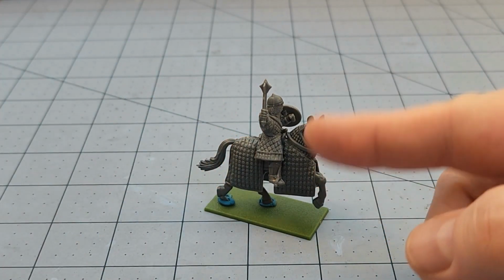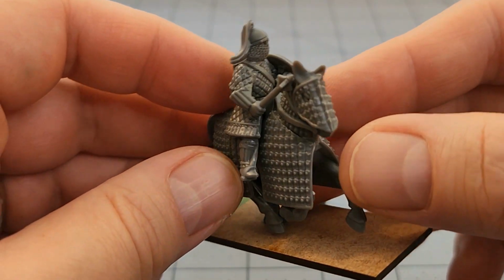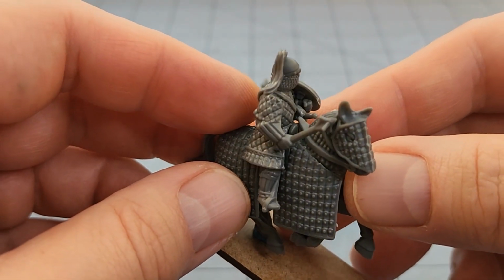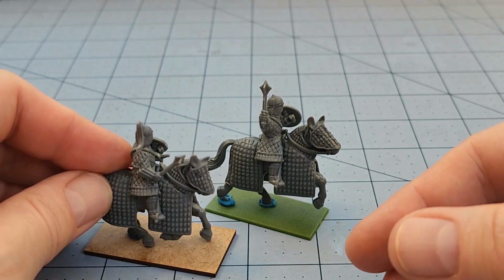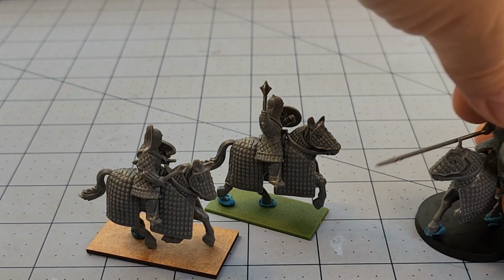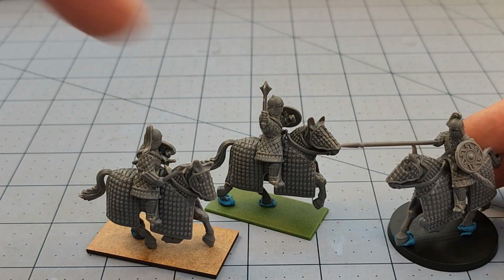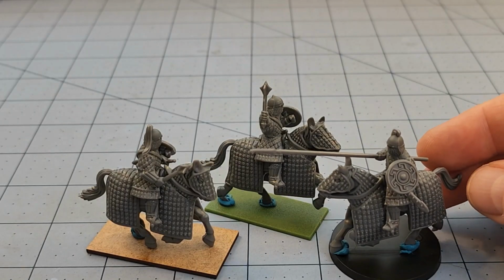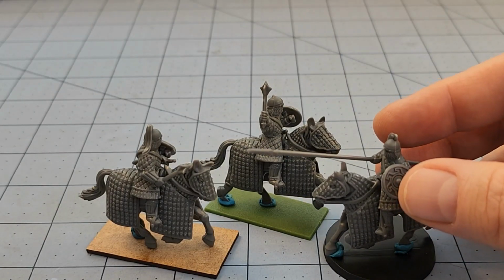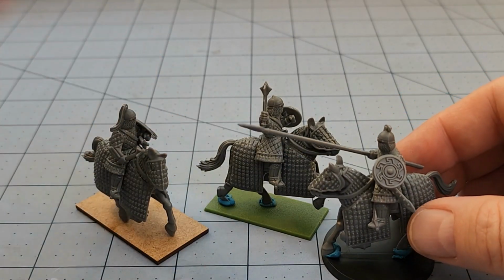So one thing to be mindful of is the direction that the horse heads are actually pointing in. I noticed on a couple of the ones I was goofing around with here, you're going to have them bashing their horses' brains in with those maces. So I've been playing around with just various basing ideas. They work just as well on circular bases. I'm thinking the circular ones I'm probably going to put mace wielders on, just because I think the lance type dudes with the spears here are going to be more appropriate in formation